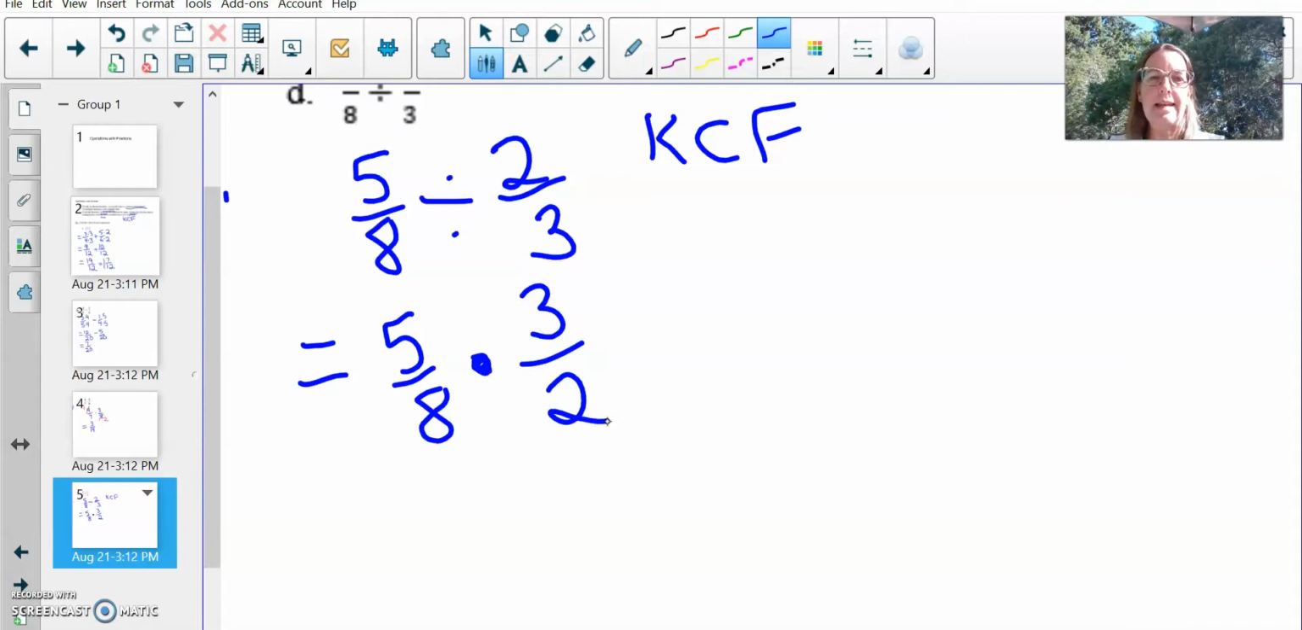Now I look to see, does anything cross cancel here? I can't cross cancel anything with the 5, and I can't cross cancel anything with the 3. So now I multiply straight across. I get my final answer,